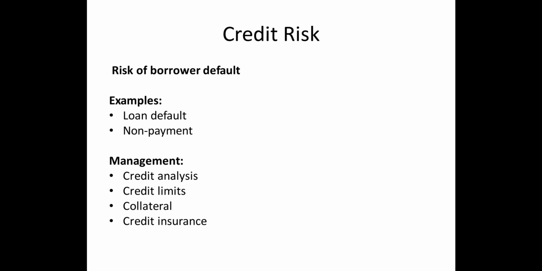Okay. Setting credit limits: instead of giving higher loans, we can set a credit limit. It means if there are defaulters, you will suffer losses. So you should set limits on your credits. For example, you are giving 1 crore, 5 crore, 10 crore loans, and you have set the credit limit up to 50 lakhs. It means your risk will be down.